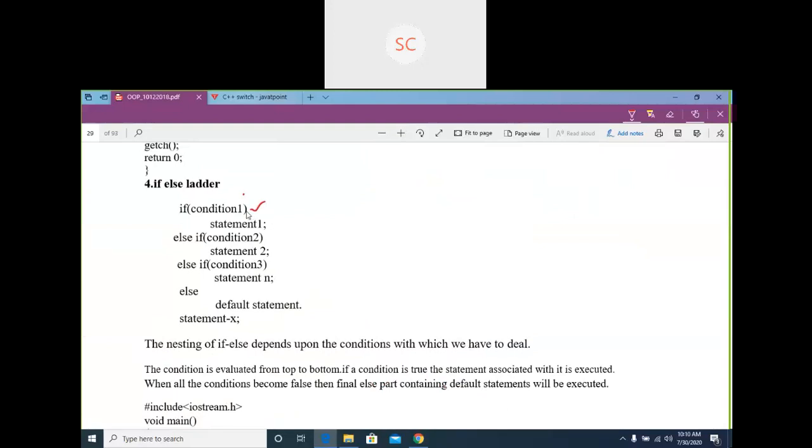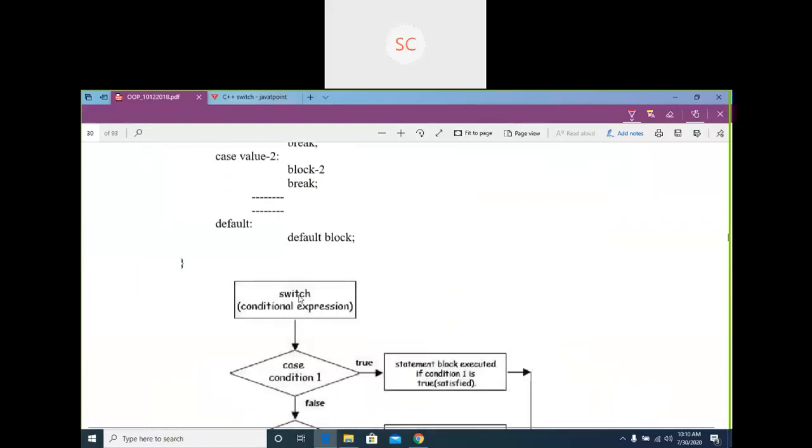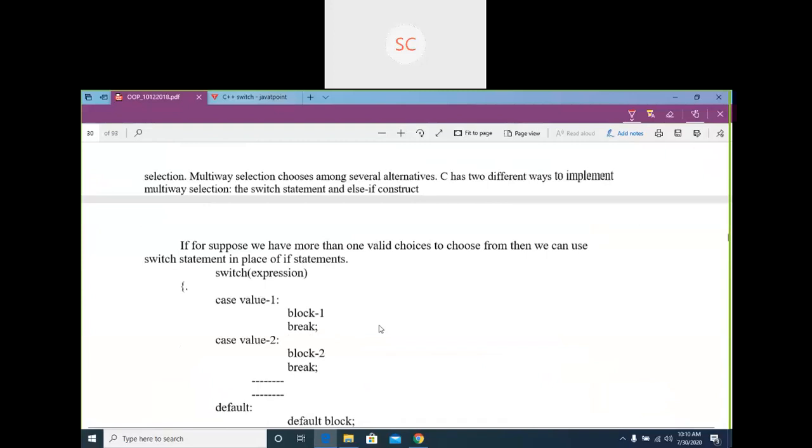If this condition is false, it will look for the second condition, and if that is false, it looks for the third condition. Like that, it will check all the conditions. But in switch case also you are going to check multiple conditions, but it is not like that in the if else case. I will just show an example.